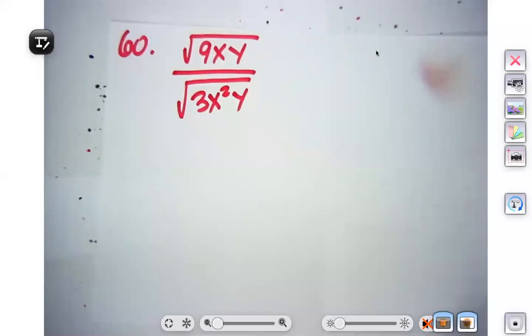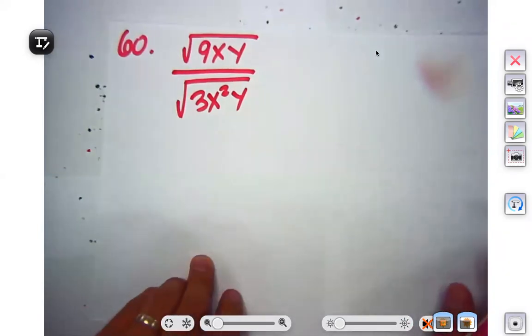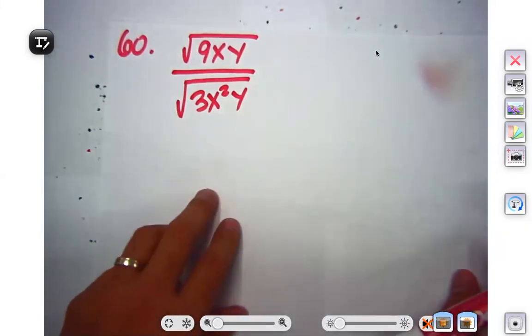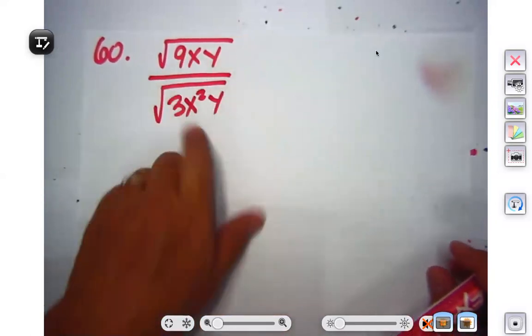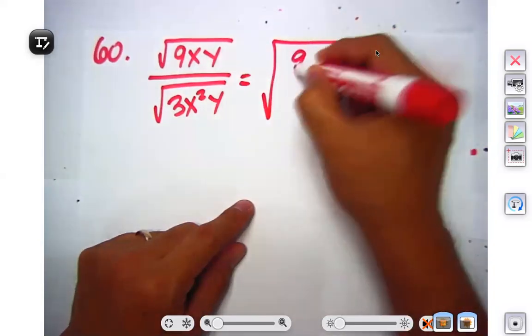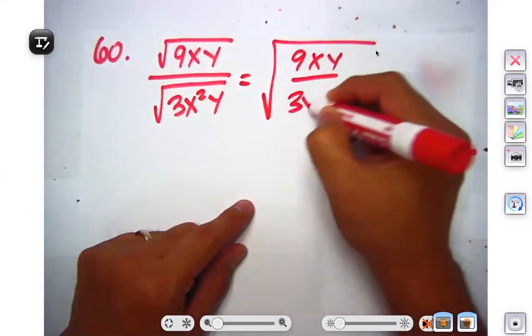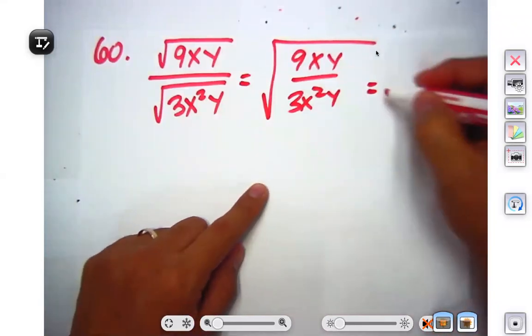Let's have number 60. Square root of 9xy over square root of 3x squared y. This is another example, and it would be helpful if we can simplify this first before rationalizing. So we can rewrite this as the square root of 9xy over 3x squared y, which means we can factor